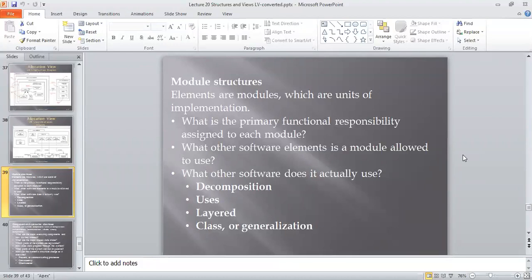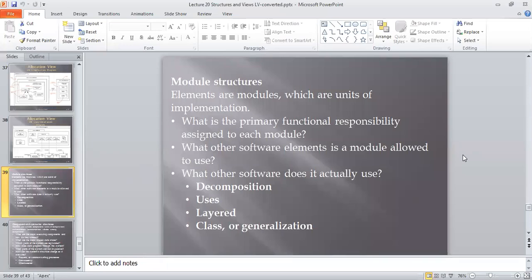While considering any set of elements and how they are implemented for a particular architecture, it focuses on some fundamental questions that must be satisfied by that module structure, for any integrated software architecture. Among these, the module structure must be responsible for the primary functional requirement of the customer.